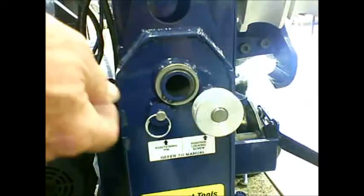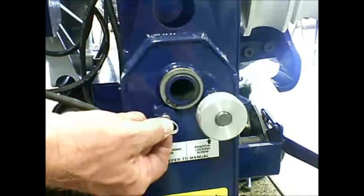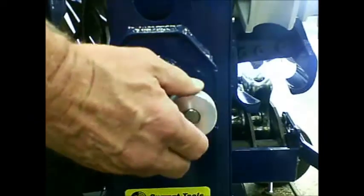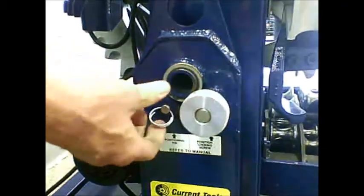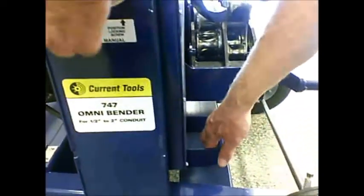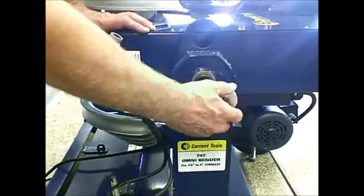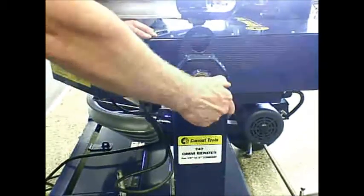To rotate the bender head into the horizontal position, you'll need to pull the positioning pin, which is here, and unscrew the position locking screw. So make sure the position locking screw is backed up enough so that it's not engaged in the bender head, and then pull the positioning pin. You may have to lift up slightly on the handle to relieve the pressure, and then rotate the bender into the horizontal position. When you finish rotating the head into the horizontal position, you can tighten the position locking screw to hold the